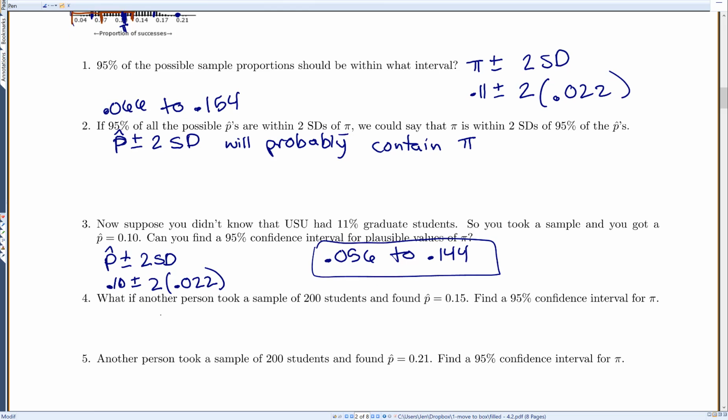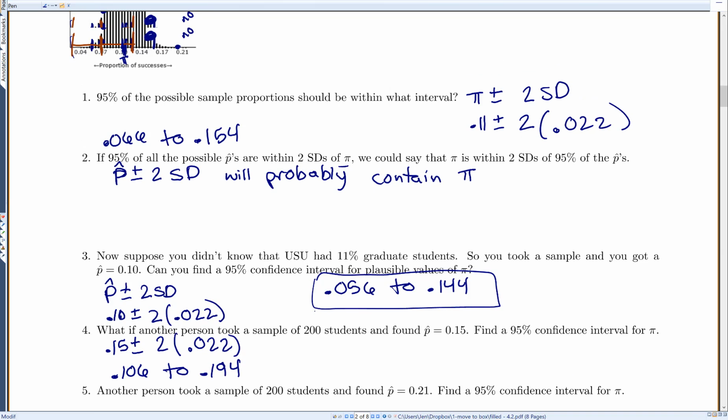Let's see, what if another person took a sample of 200 students and found a sample proportion of 0.15? Let's find their 95% confidence interval. They would do 0.15 plus or minus 2 standard deviations, with the standard deviation being 0.022. So 0.15 minus 2 times 0.022 gives me 0.1062, and if I add it instead, I get 0.194. So the first time we had a sample proportion of 0.10,